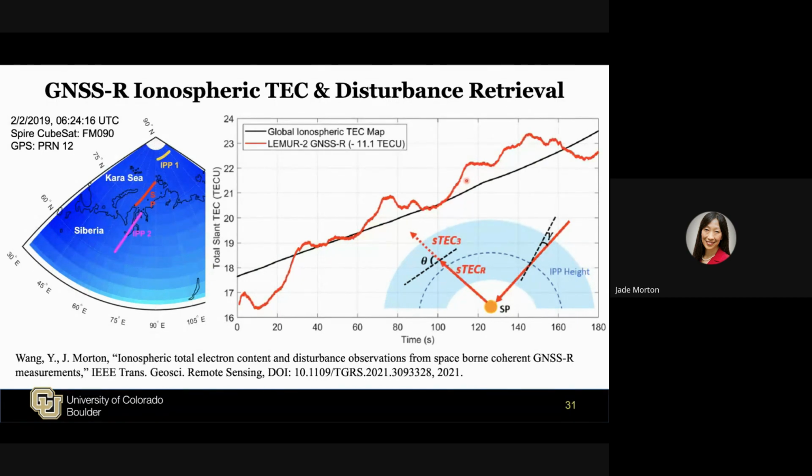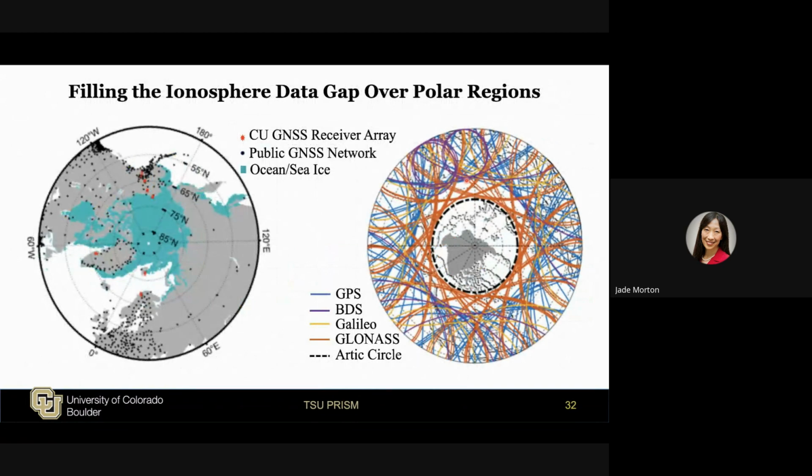So, we have done that as well, but I'm running out of time. One of the reasons reflectometry is so important for the ionosphere is because there's no other way to do it. For example, I'm showing here over the North Pole, the blue colors represent the Arctic Ocean, and the black dots